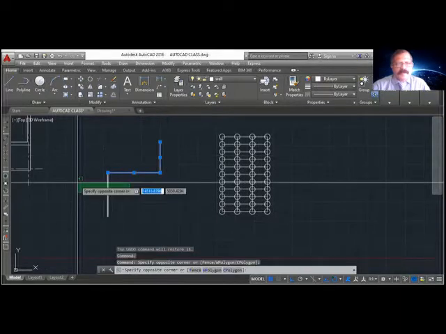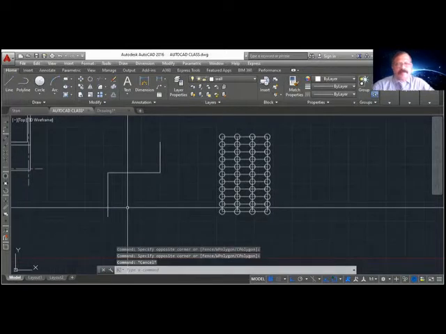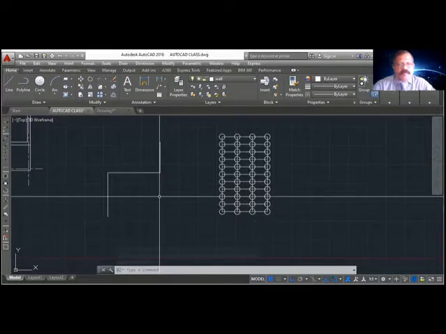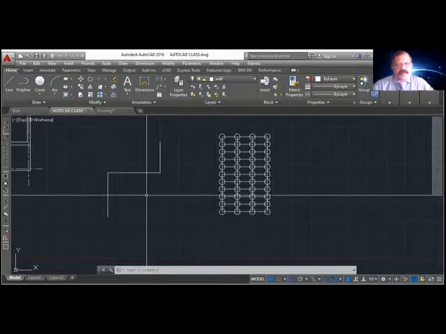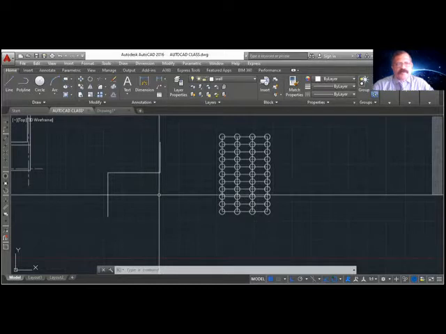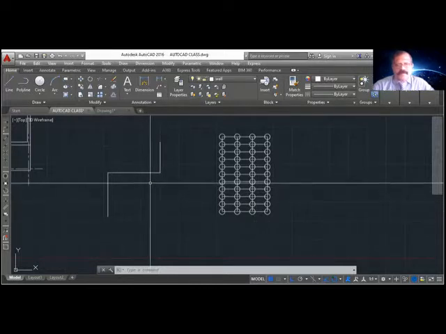Okay. So when you use explode on a P line, it will lose the width as well as it becomes separate pieces. So note down. Explode is to explode a block or associate objects. When we explode a P line, it will lose width and it will become single pieces.